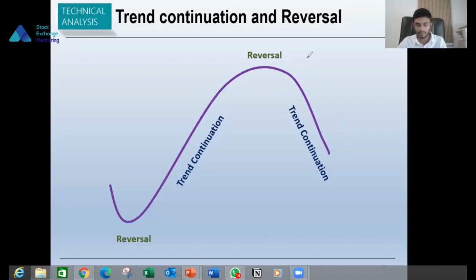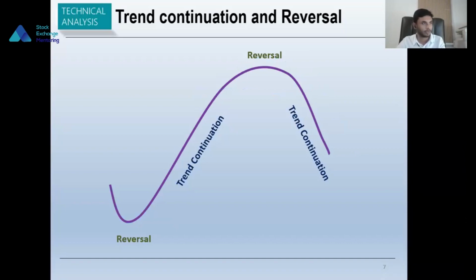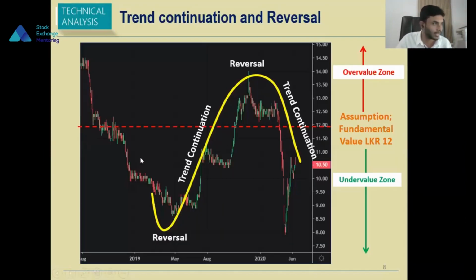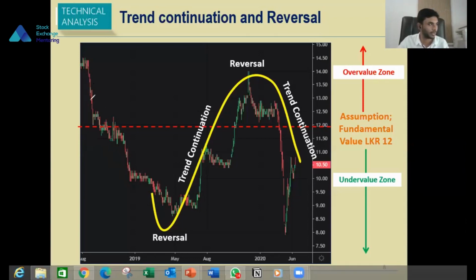Okay, so based on this, if we explore the stock which we were already discussing, you can see the same kind of reversal, where the stock was having a downtrend during this period, and then after the downtrend the stock momentum slows, then there is a reversal, and a new uptrend begins. Then that uptrend starts to slow down, and a new downtrend starts. So within these uptrend and downtrend points, you can clearly see the fundamental value. Let's assume that you have an idea of 12 rupees as the fundamental value of the stock.